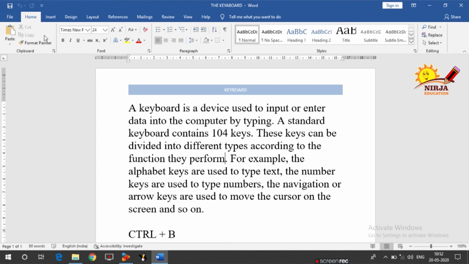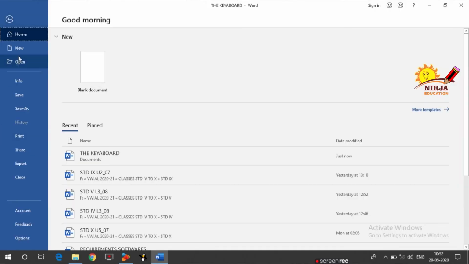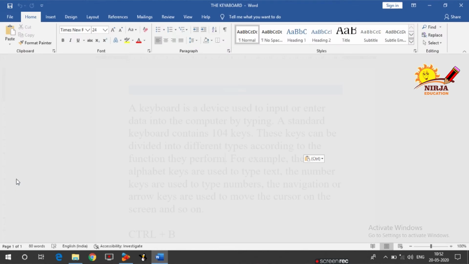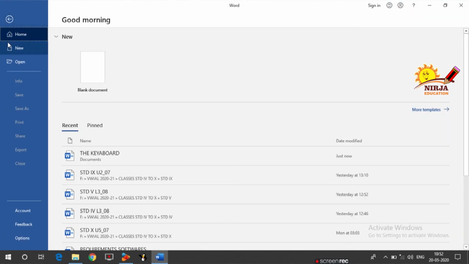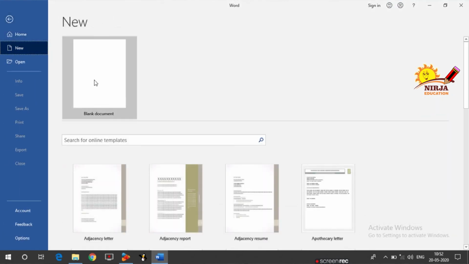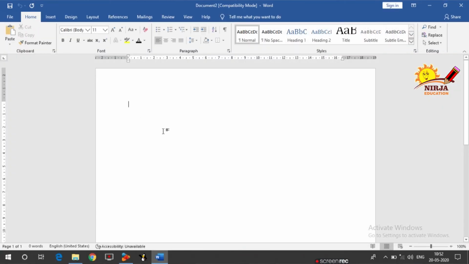Then how to close the window? There is a difference between exiting MS Word and closing a file. So let's see that. To close the Word file, you have to go to the File menu and then close it. If you close it, the screen for Word will be there, but the file won't be there. So this is closing your file. Now, how to create a new file? So File and then the New option and select the blank document. So this is creating a new file.